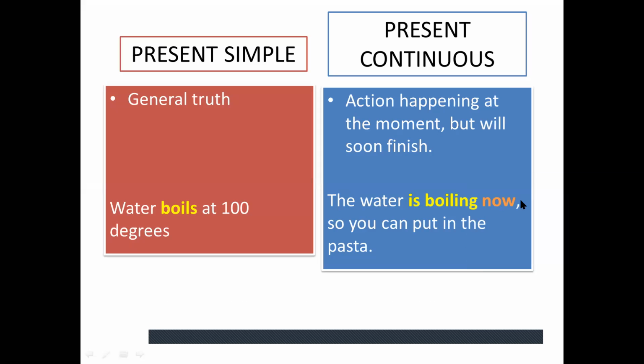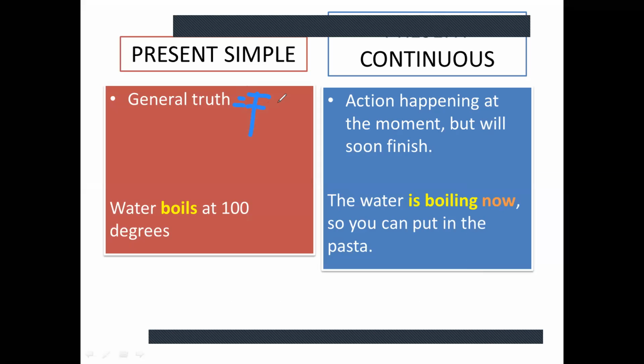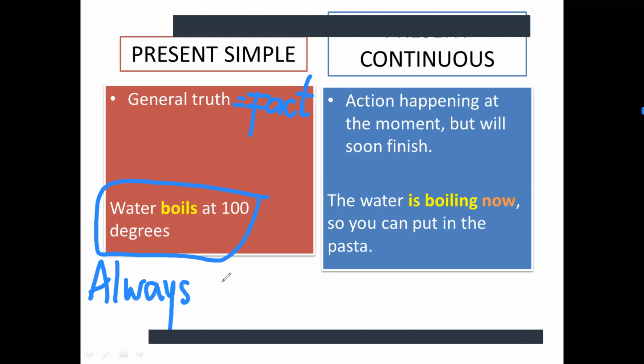Now we are talking about the usage of these tenses. When do you need to use present simple and when do you need to use present continuous? Well, the first usage for present simple is to tell a general truth or fact. When it's about a fact or general truth, you need to use present simple. For example, that is the fact that water boils at 100 degrees. Well, it's a fact, and this thing will always be true. It's true in the past, it's true right now in the present, and it will be true in the future. Another example may be the sun rises from the east.